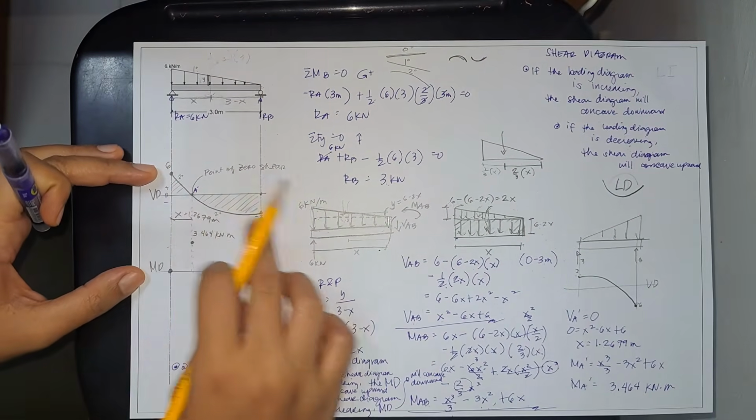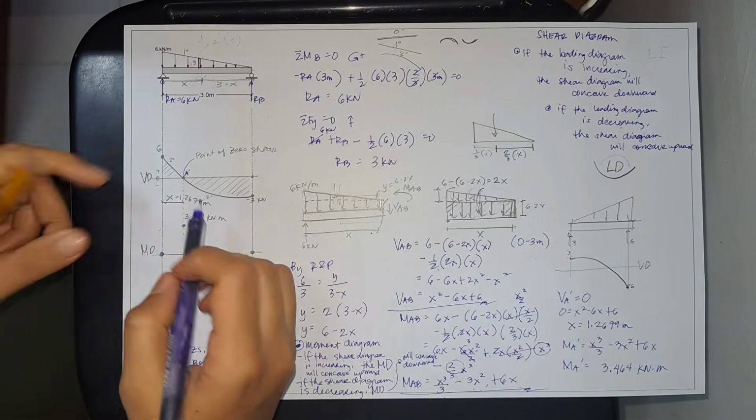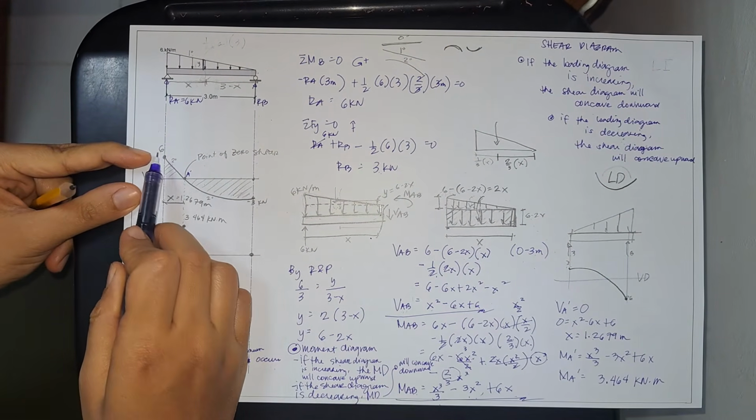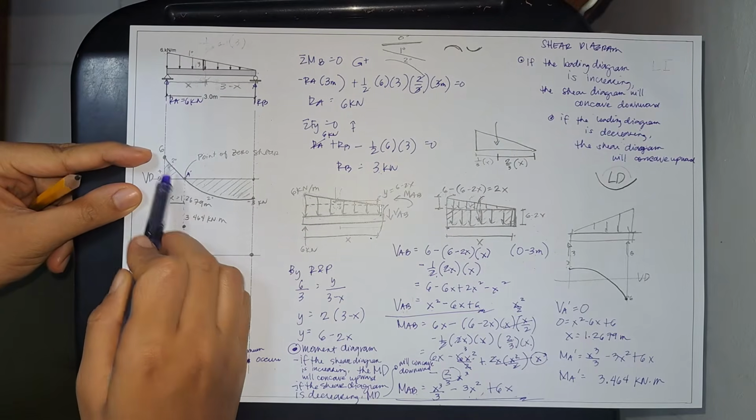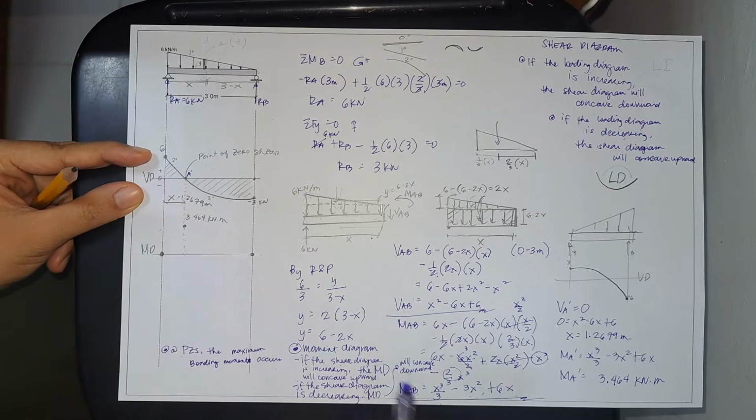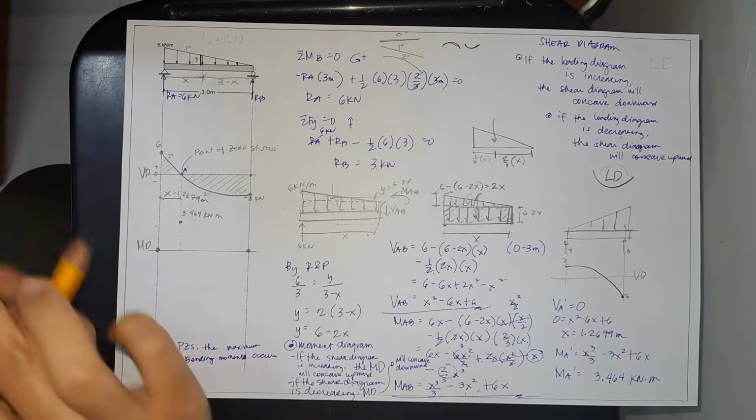Okay, let's take a look at this shear diagram. So, yung shear diagram po natin dito is decreasing, di ba? Kasi from 6, napunta siya ng 0. So, decreasing. So, since decreasing, okay,